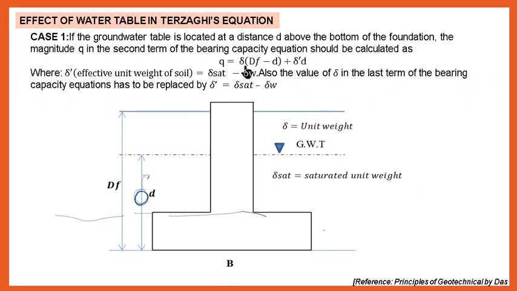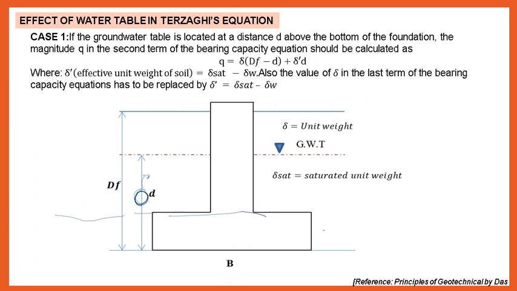So Q is equal to the unit weight times (dF minus D) plus the effective unit weight, gamma prime, times D. So this is what you will substitute, because our Q is the unit weight times dF only. So when our groundwater is located above the bottom of the foundation, we replace our Q with